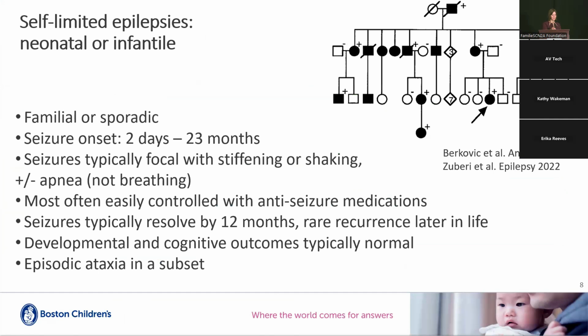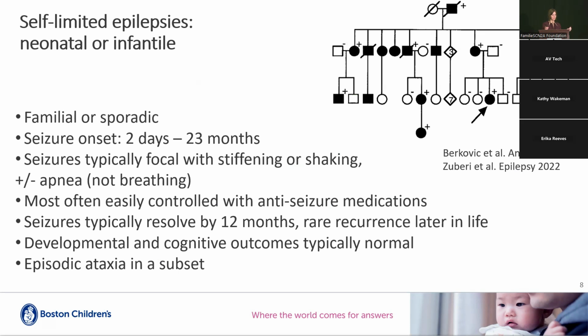So these self-limited epilepsies can run in families because the outcome is generally positive. On the top right there is a picture of a pedigree, if anybody's ever seen one, where girls and females are differentiated, and the black dots are the affected individuals. The arrow is pointing towards the proband, the person being studied, and the rest are their family members. You can see in this family, there are multiple affected family members with a variant in SCN2A.